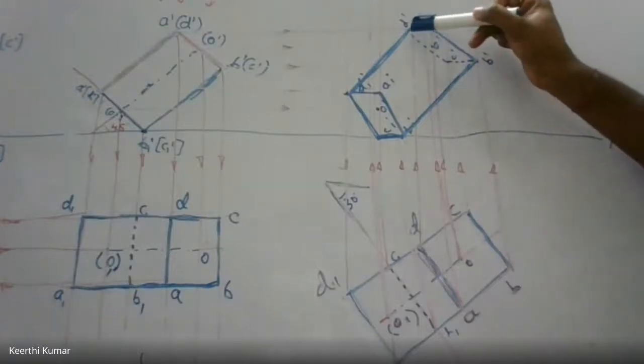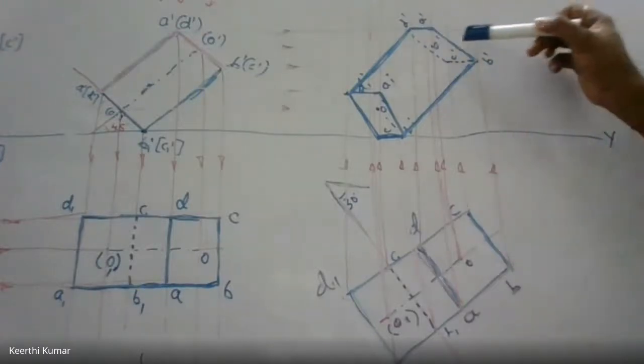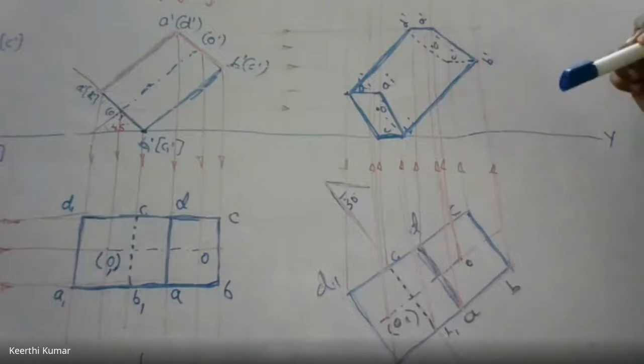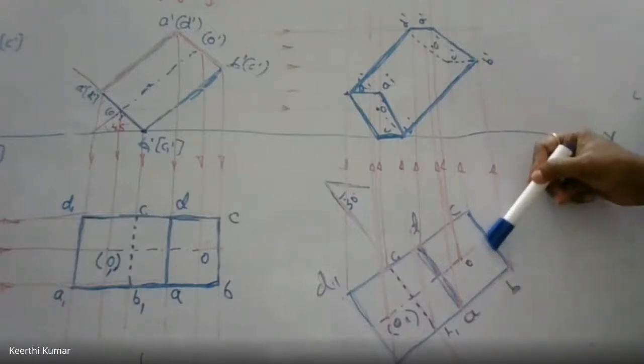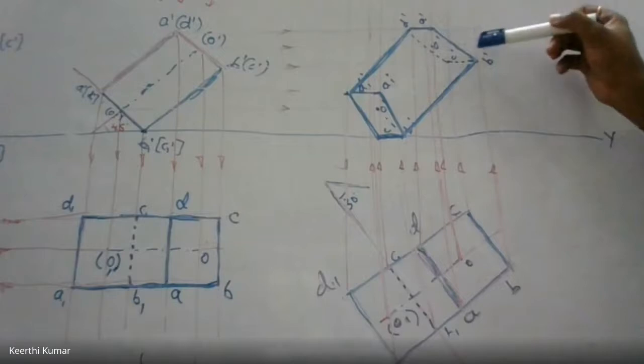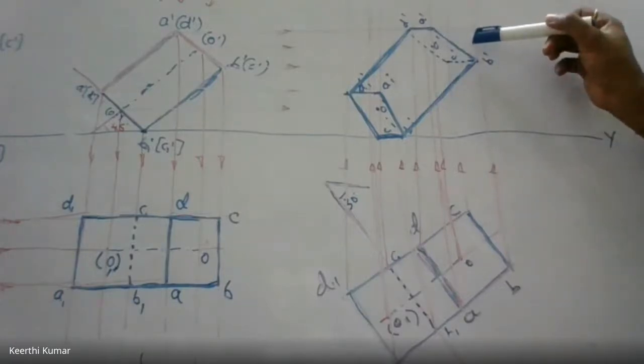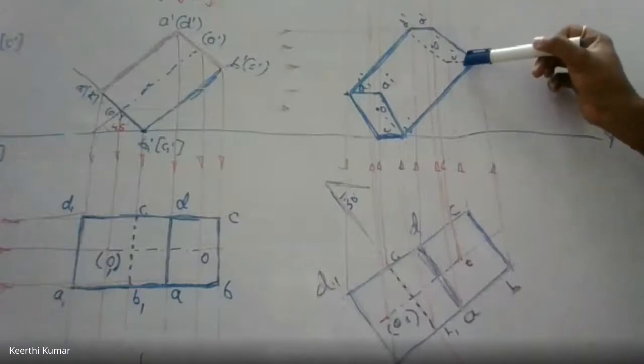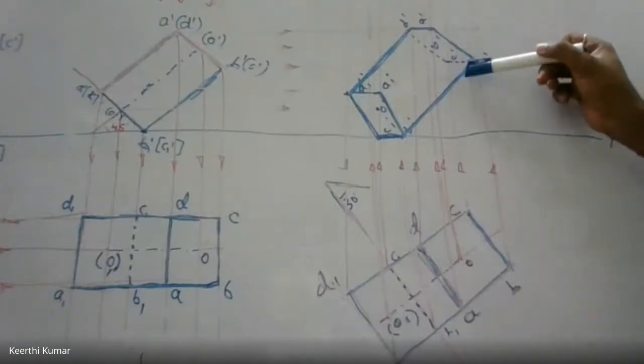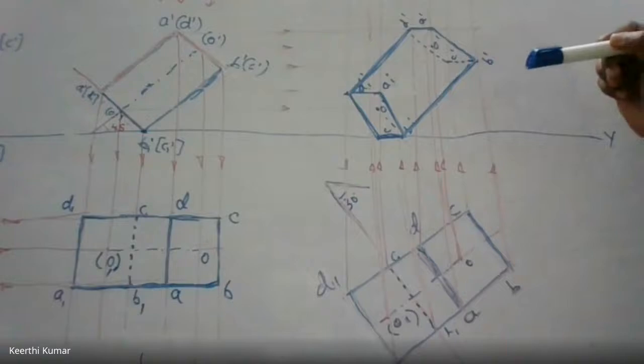You can ask why AD and AB are connected with thick lines, even though the surface is far away. But why did you do it with visible lines? Because that is outermost. No need to worry about the outermost; you leave it. Only for the inner points which are not connected, we should check the visibility.